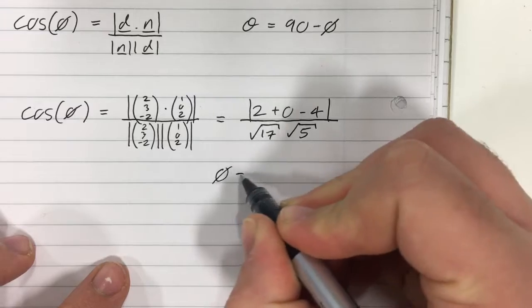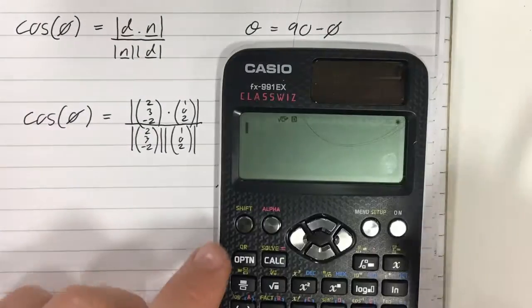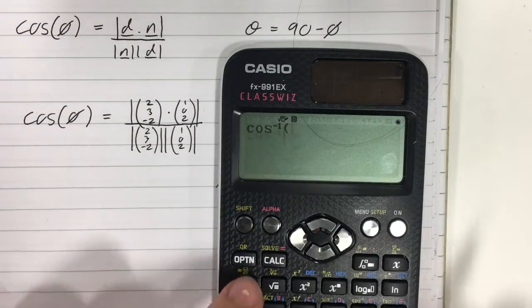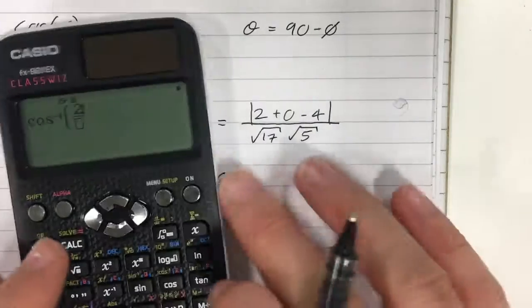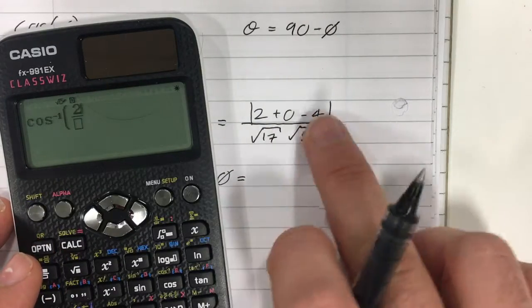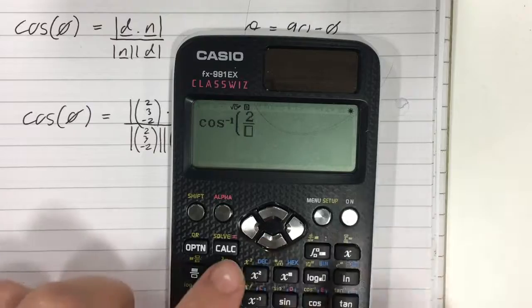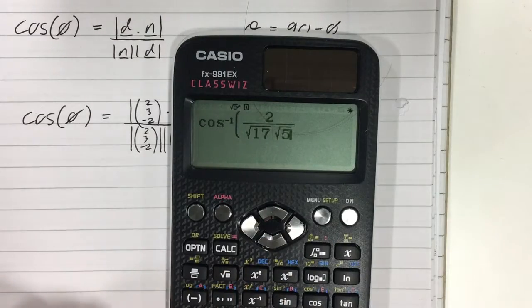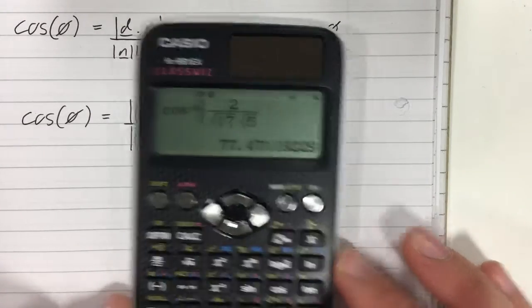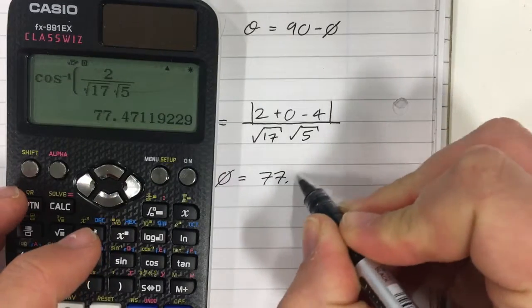That allows me to find phi. So I'll do inverse cos of 2, which is 2 minus 4 is minus 2, mod it is 2, divided by root 17 times root 5, which gives me 77.47